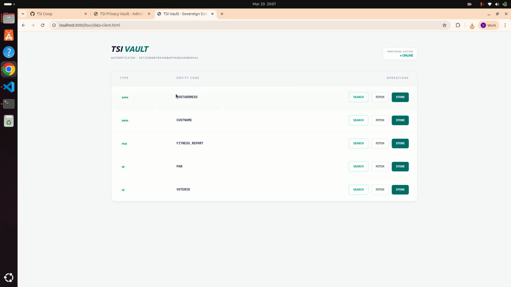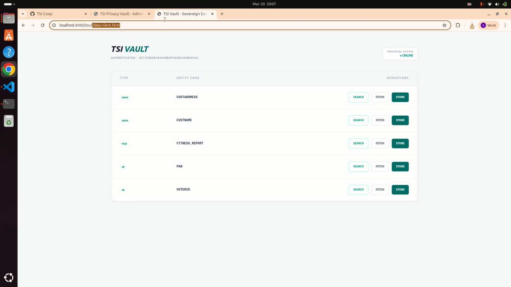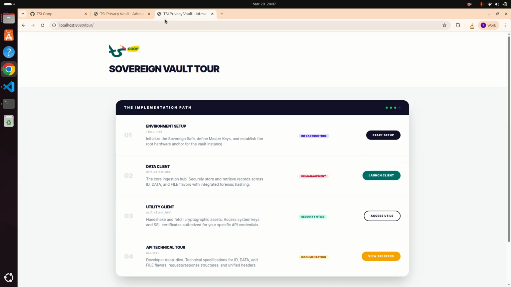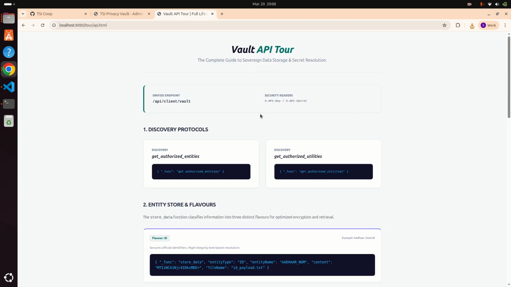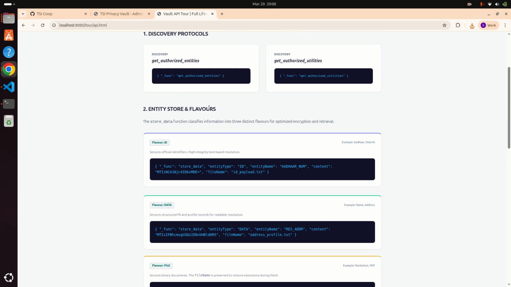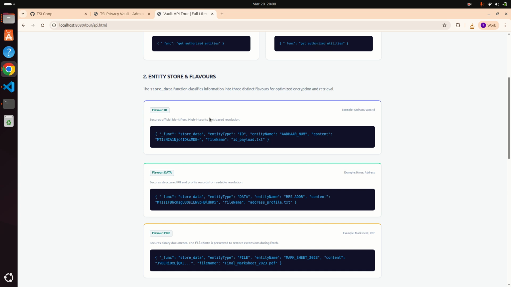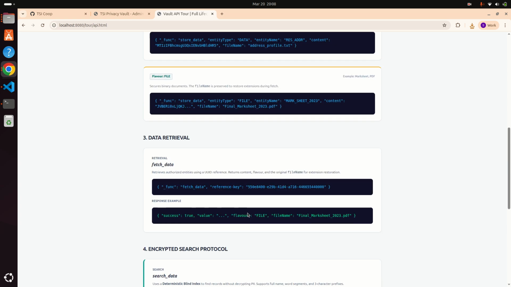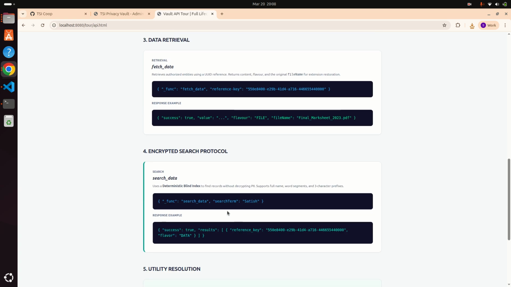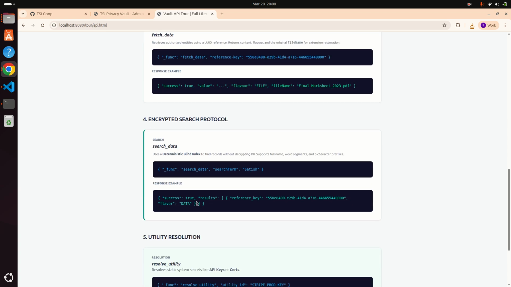but the real usage will happen through API. In order to make it easy, we have another small API spec document. If you come back to the tour, there is an API spec. So the endpoint is API client vault. So you need to pass in the API key and the secret. And for storing various entity flavors, retrieval of the various data, and also doing a search, you can find all